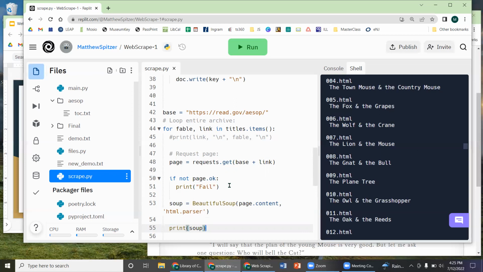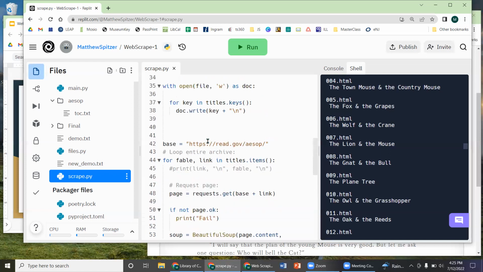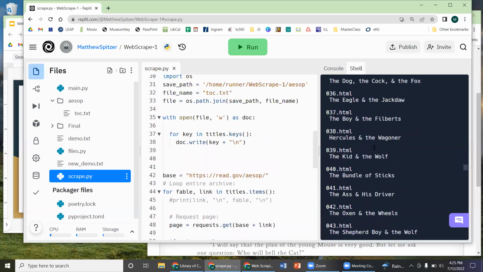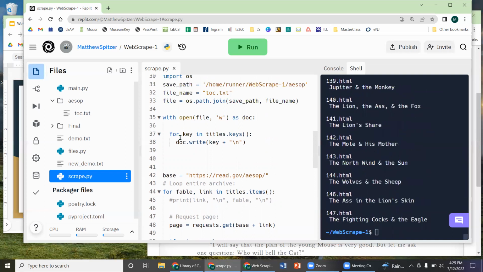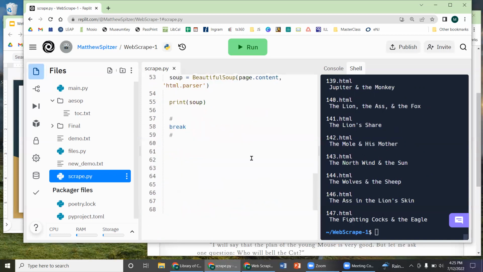And now what I'm going to do actually is at the bottom, I'm going to add this break line. And this is basically going to let me run my scrape.py file without running this code on all 150 pages. It's going to break the loop that I'm in. So it's going to do one web page, just check one, so my print console isn't running with all this text, and then just stop at one page. So let's go ahead and check this